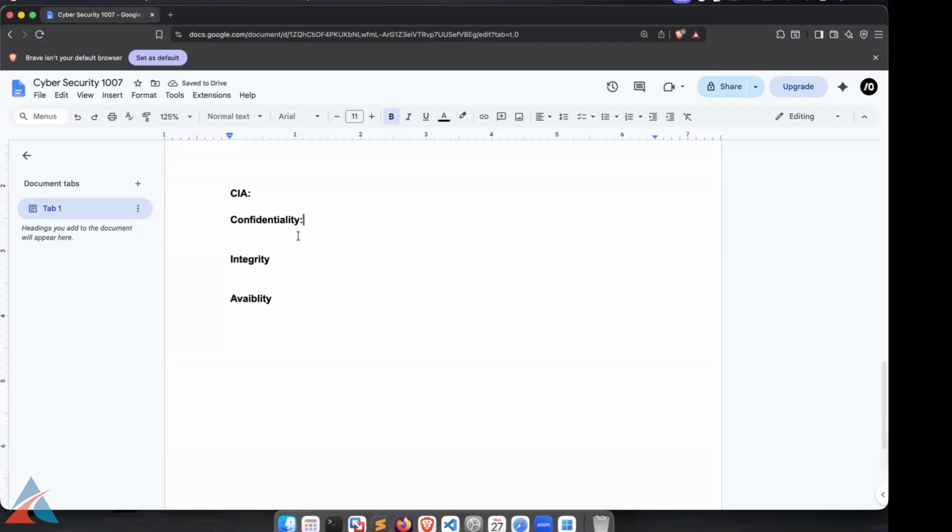Confidentiality is basically about confidential data. In any attack, if confidential data has been leaked, we say confidentiality has been hampered. Confidential data includes PII data. Everyone knows what PII is, right? Personally identifiable information.